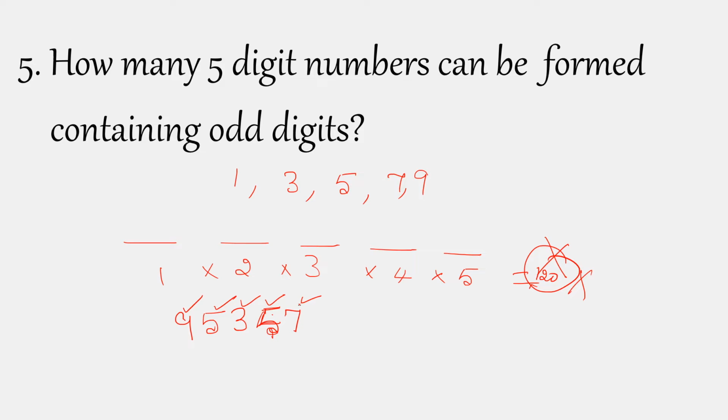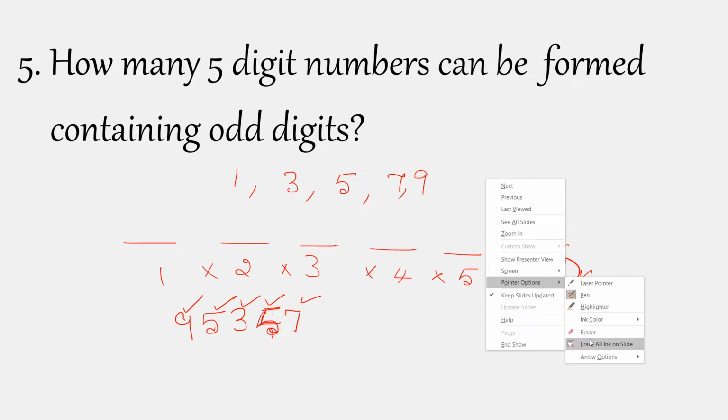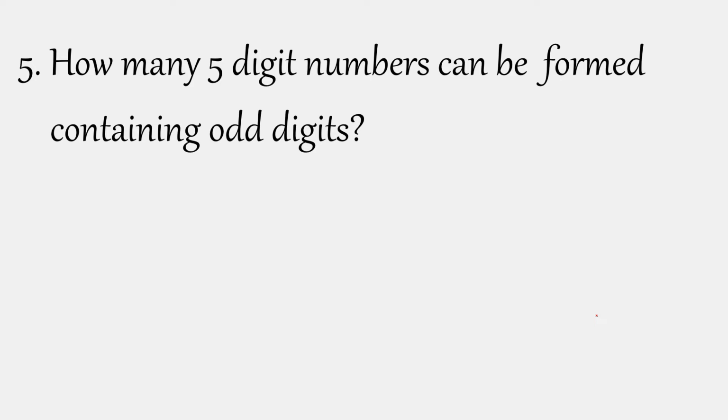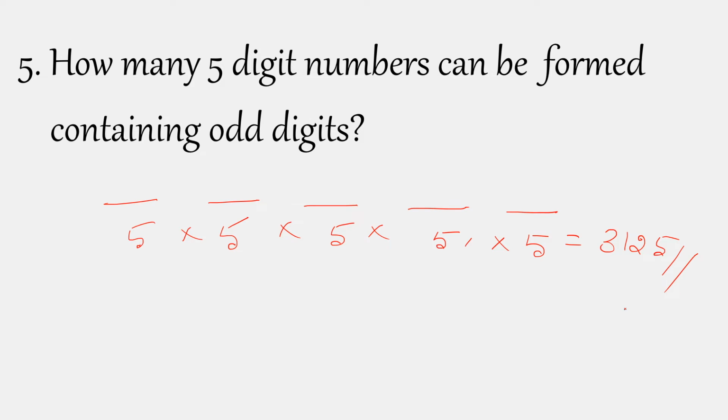So here in this containing, I told you containing need not give the same meaning depending on the question. Therefore, here it is not giving the meaning of need not repeat. Repetition is not allowed is not applied here. So what will be the answer here? Repetition is allowed here. So 1, 2, 3, 4, 5 digits. I can write 5 here. I have the freedom of writing 5 digits, 5 digits here, again 5 digits. So the answer will be, I think, 3125.